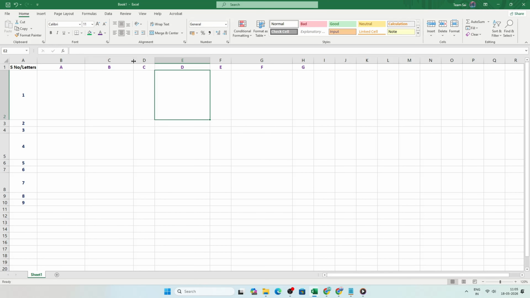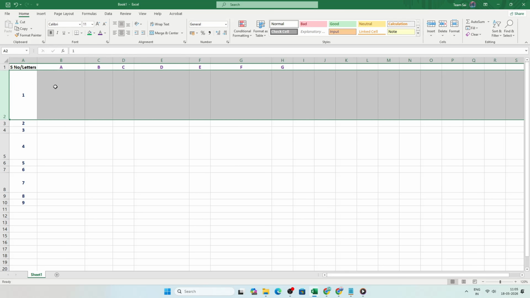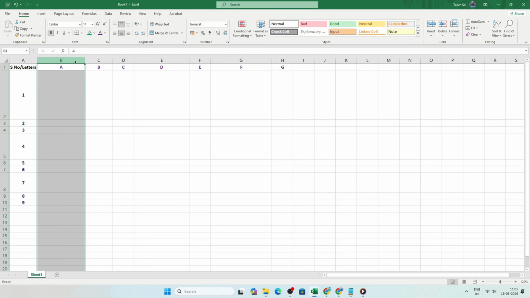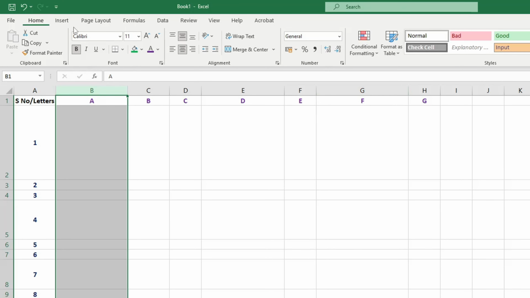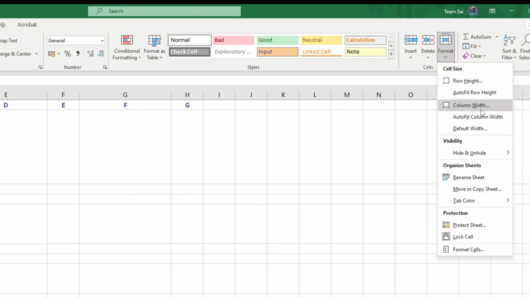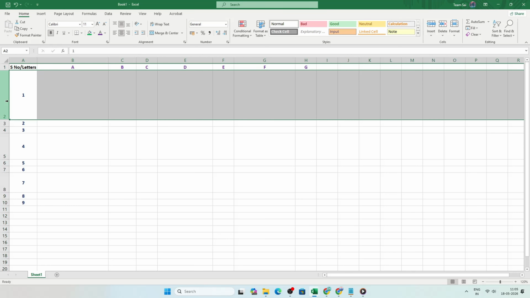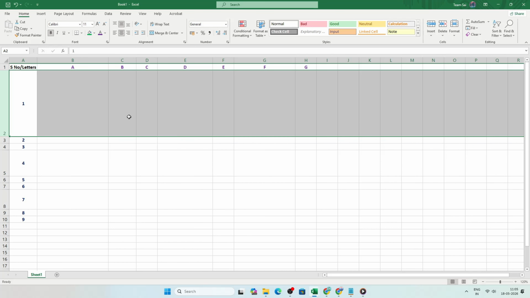Now let's use the menu method for exact sizing. Start by selecting the cell, an entire row, or an entire column you want to expand. Go to the Home tab on the ribbon, in the Cells group. Click Format. From there, choose Column Width if you are adjusting a column or select Row Height if you are adjusting a row. A small box appears where you can type in the exact numerical value you want. Click OK and Excel applies that precise size. This approach is perfect when you want consistent dimensions across multiple columns or rows, or when you are following a